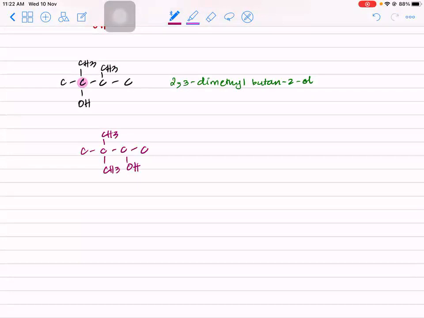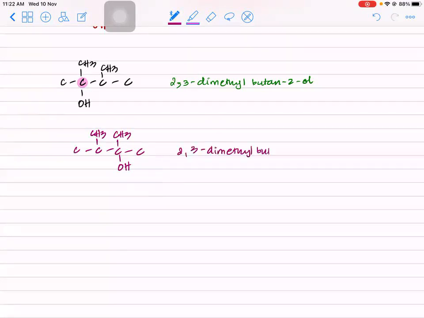That is secondary. So when you're putting the OH, just make sure you put it with one of the branched CH3. Now you'd be like, okay, how about we do this? 3-methyl. How about we do this? This will be called what? This won't be called 2,3-dimethyl butan-3-ol. This will be called 2,3-dimethyl butan-2-ol. You've already drawn this, so this is not an option. Now let's make it even shorter.